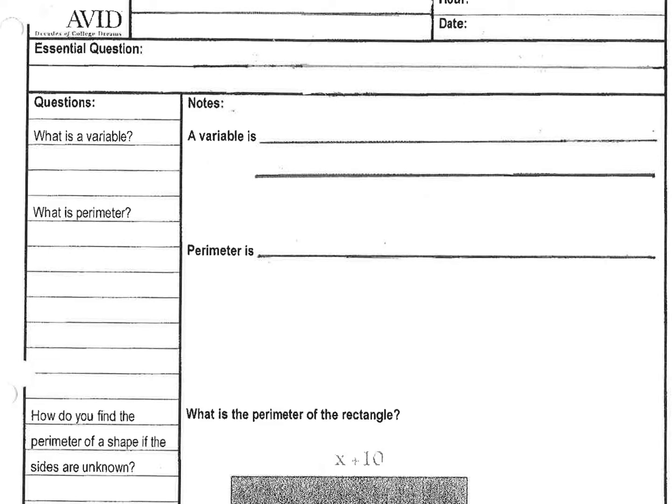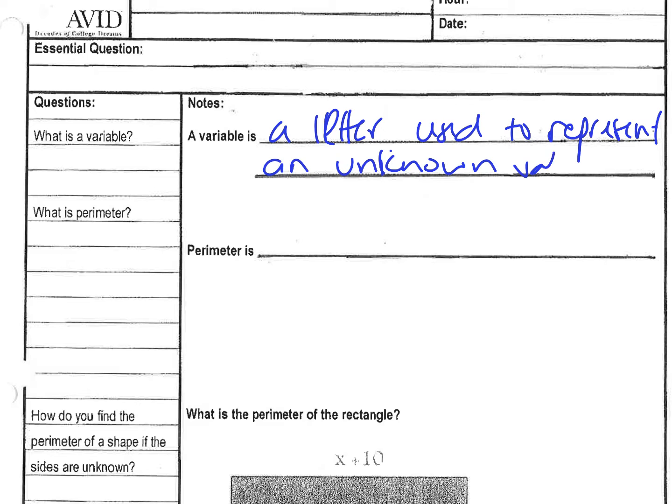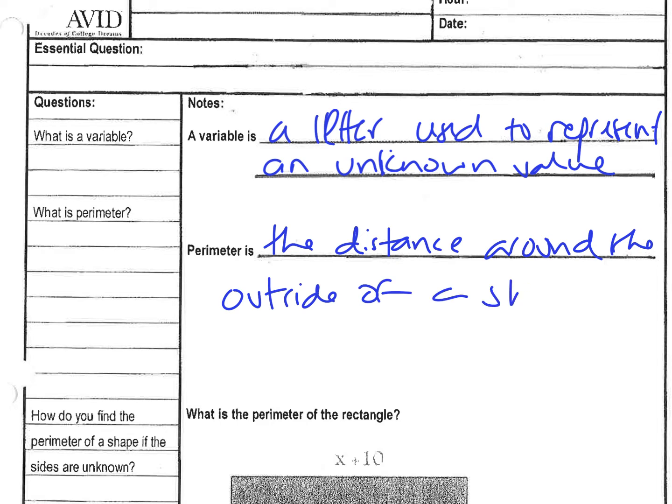Today's lesson is writing equations for geometry. And so we first need to remember, what is a variable, what is perimeter? Well, we know a variable is a letter used to represent an unknown value. And then perimeter is the distance around the outside of a shape. And then also, as a reminder, cubes,